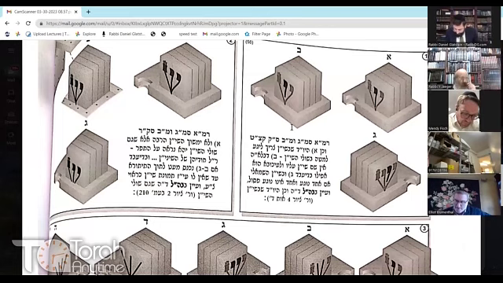No, not a ksav ashuris, but it has to look like a shin. Does it? Or it has to just be? It has to look like that shape, that picture. In other words, tmuna shinin shalanu shanu oisin. It's enough. It doesn't have to be a dafka ksav stam mamish,